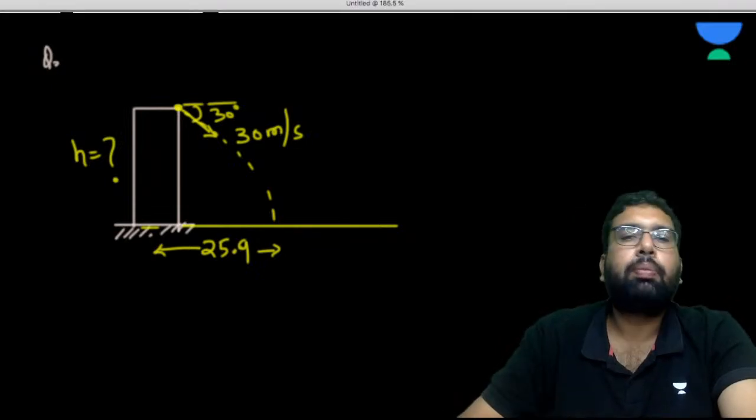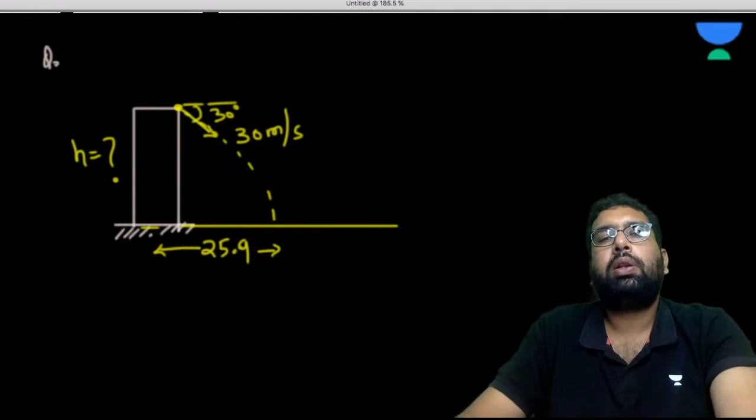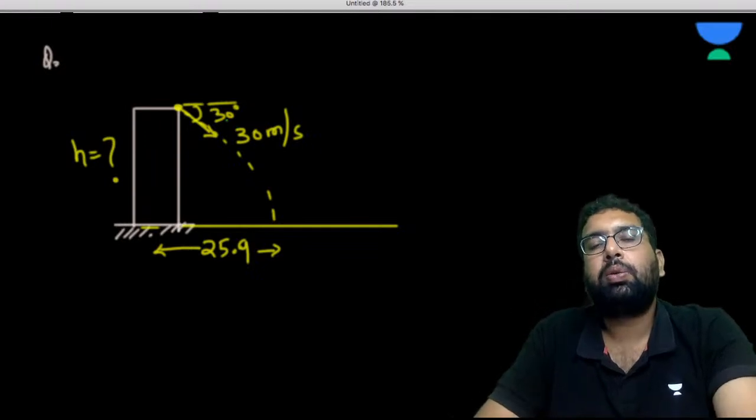So how can we do it, beta? How can we do it? So this is 30 meter per second. This is 25.9. We need to find h. So again, let's do it in the same way. So we can take the component of